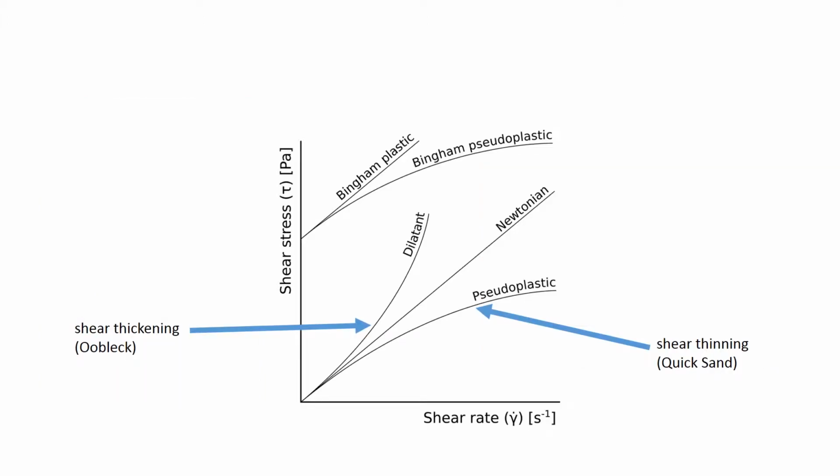Let's revisit this graph we looked at earlier, and specifically look at the shear thickening and shear thinning fluids. As you notice, they kind of curve off from the Newtonian fluid. What that means is, as we start moving faster through shear thickening fluids, they get much harder, much faster to go through. And in shear thinning fluids, as we try to go faster, it can actually get easier, or it doesn't increase nearly as fast.